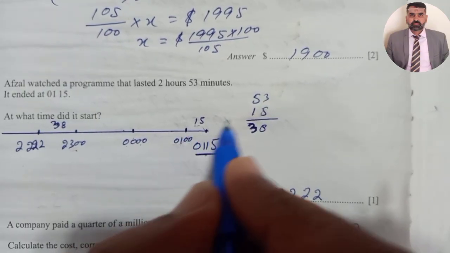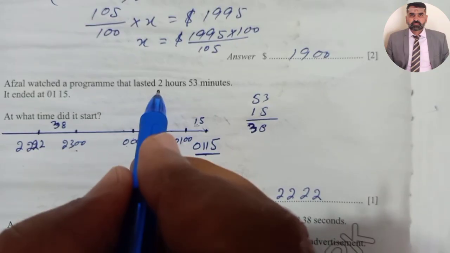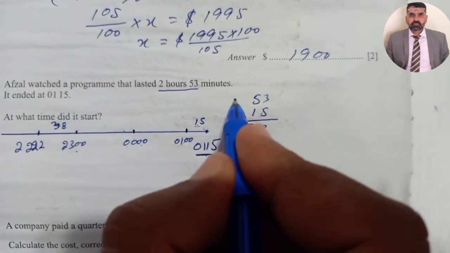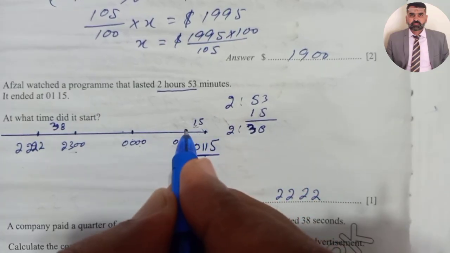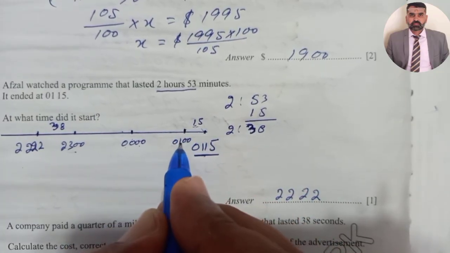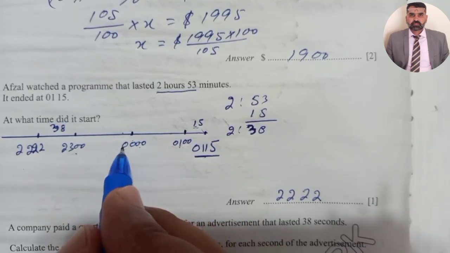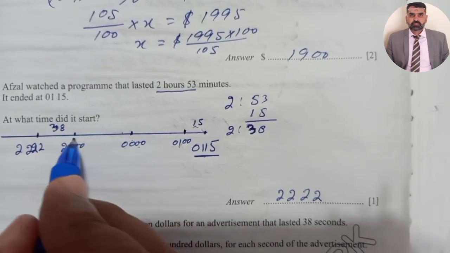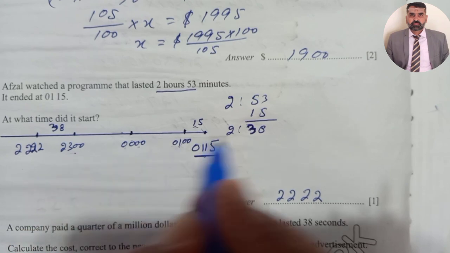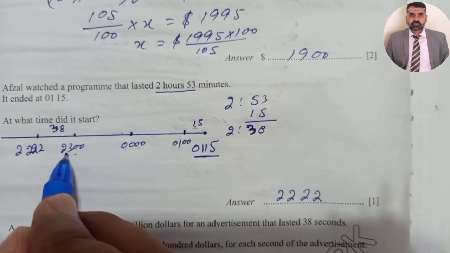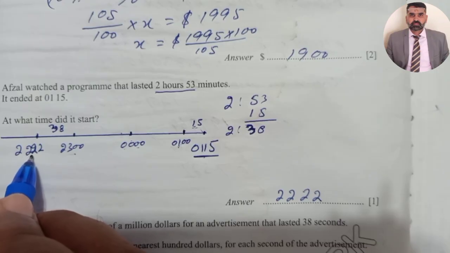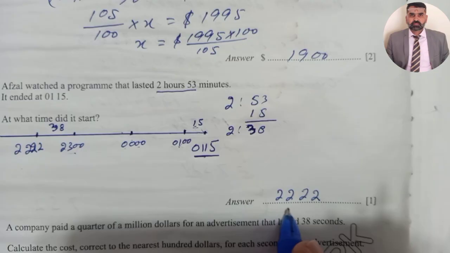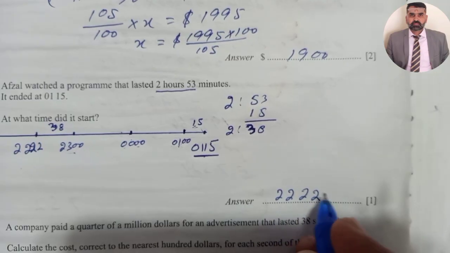So we will subtract 15 minutes from 2 hours and 53 minutes, and we will have 2 hours and 38 minutes left. When we subtract 15 minutes to make it 0100 hours, and before 0100 hours the time will be 0000 hours, and before one more hour it will be 2300 hours, and then we have to subtract 38 minutes from 2300 hours, and we will get 2200 hours and 22 minutes. So students, the starting time is 2200 hours and 22 minutes the previous day.